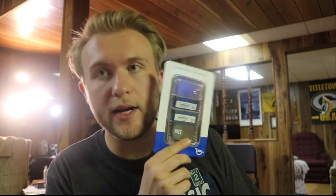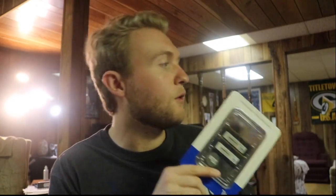There's a port on the back where you can just pop it out. I ordered the least amount of RAM, which is 8 gigabytes, which is still fine, but this is 2 16 gigs, so 32 gigabytes total. There's actually 4 slots and only 2 are being used, so I'll have 40 gigabytes of RAM after